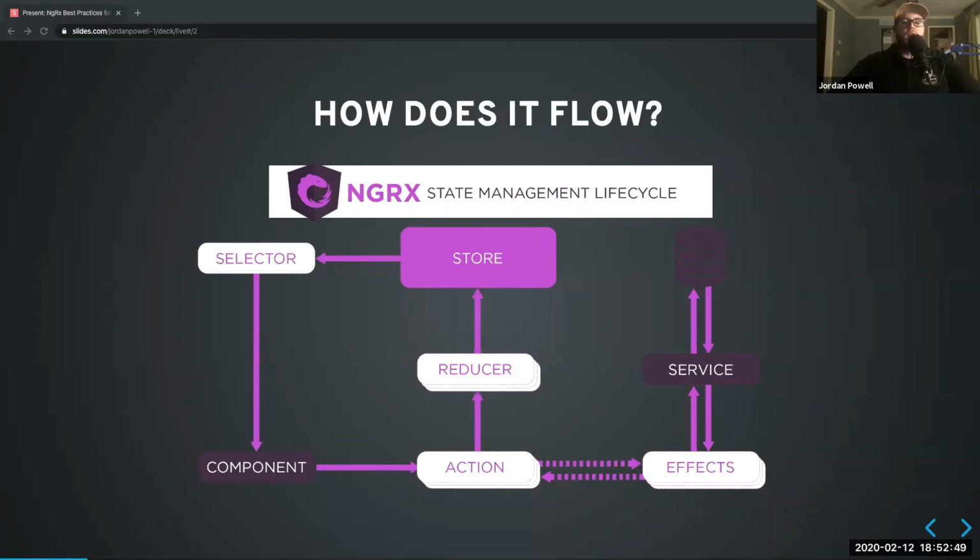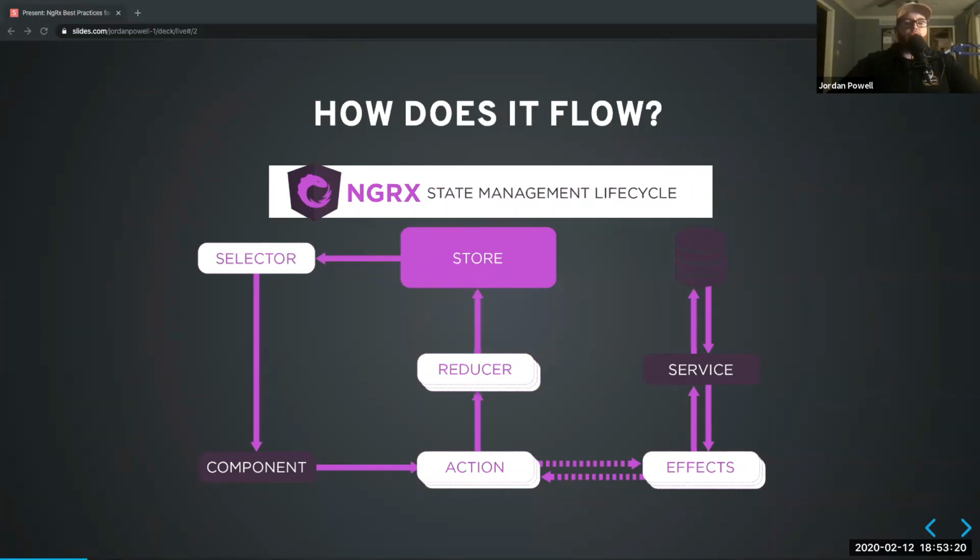or, if you're connected to the router store, an effect that listens for route changes says, hey, I know now that you've entered this route, go do this thing. So basically actions are different events that happen throughout your application, or messages in a lot of ways. And those actions are then